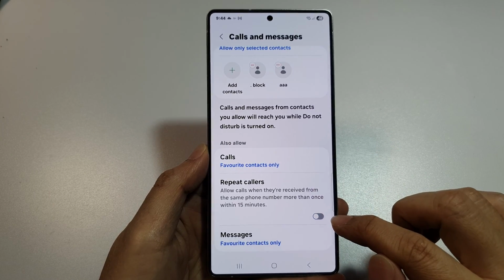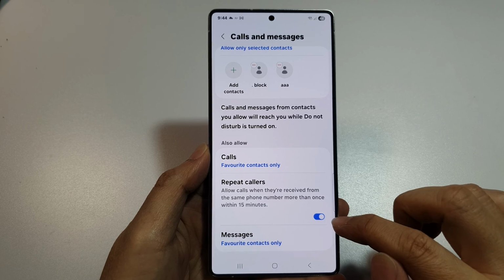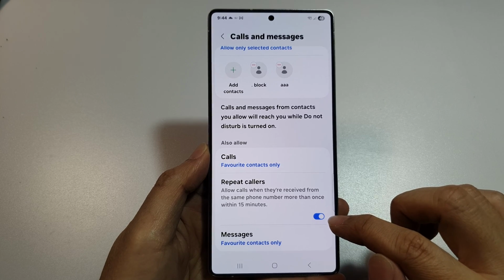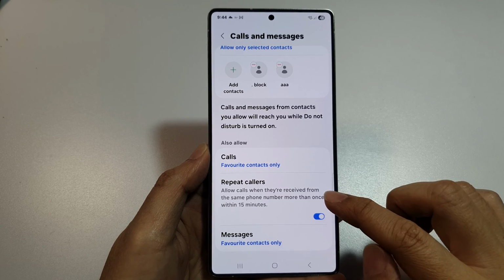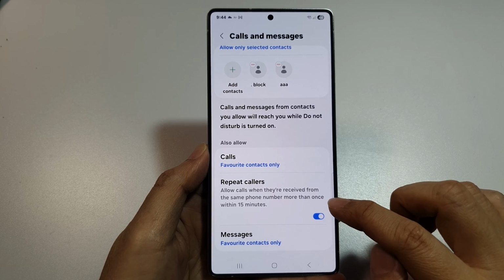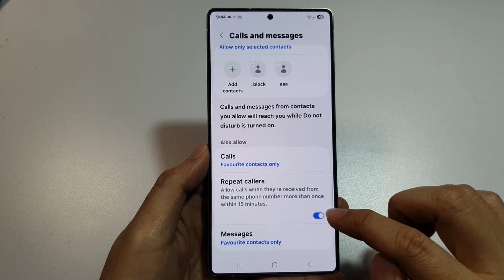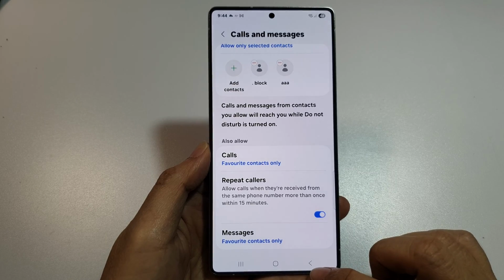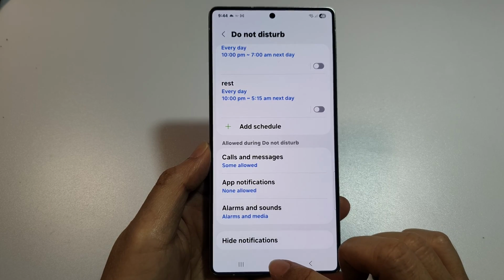Tap on the toggle button to turn it off or switch it on. When this is turned on, it allows calls when they're received from the same phone number more than once within 15 minutes. Okay, so after that, tap on the back key or tap on the home button to return back